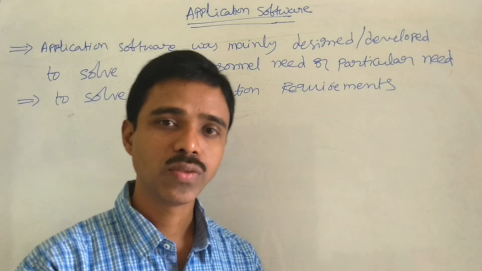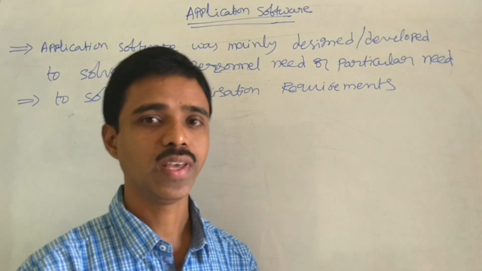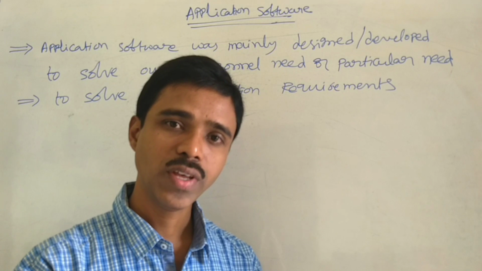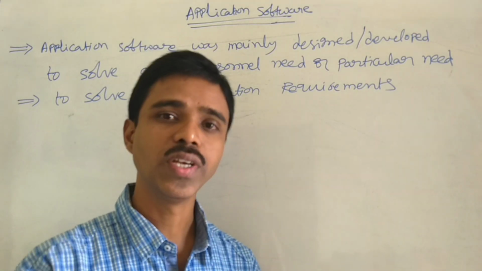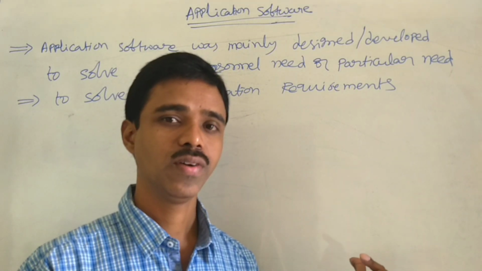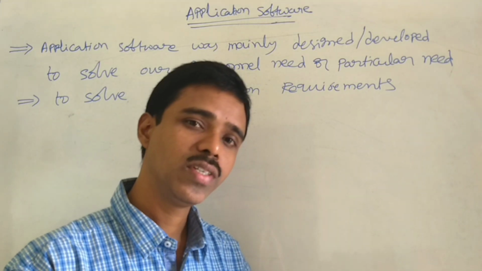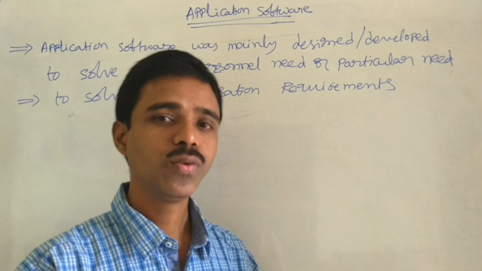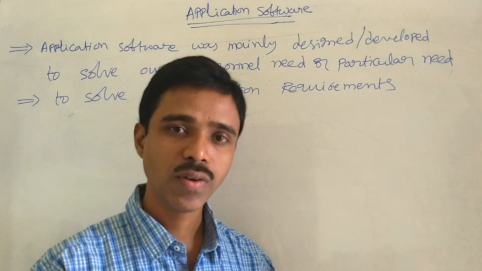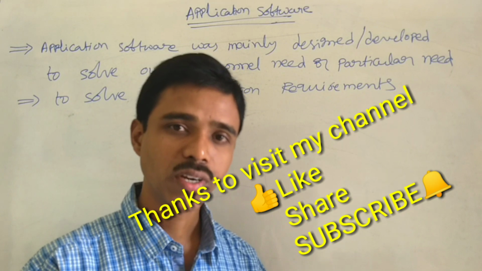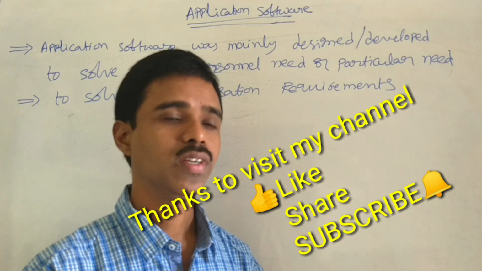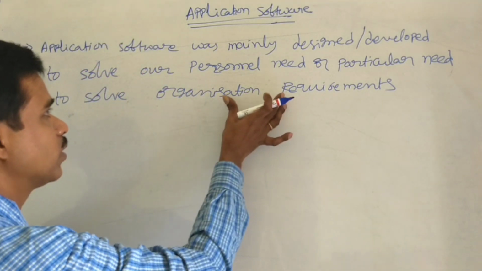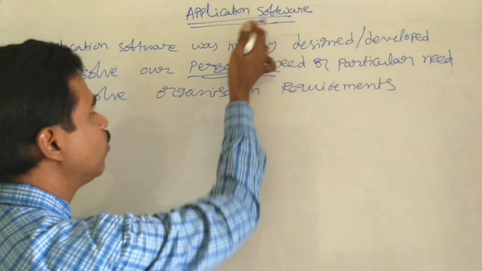That is our personal requirement. If you want to pay the bills through online, if you want to do the recharge through online, if you want to do the online shopping, all these requirements are related to the customer, related to the users, not the computer requirement. The software which helps the system to run properly will be taken care of by the system software only. But to solve our personal needs, for example, if you want to watch the movie, if you want to watch the educational videos by using internet, that is our requirement. So to solve our personal requirements, we need application software.